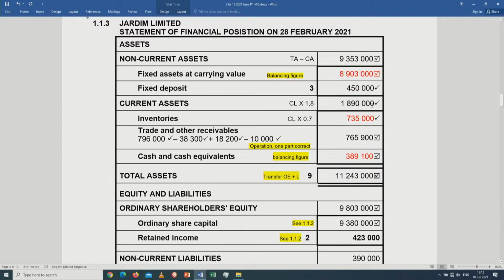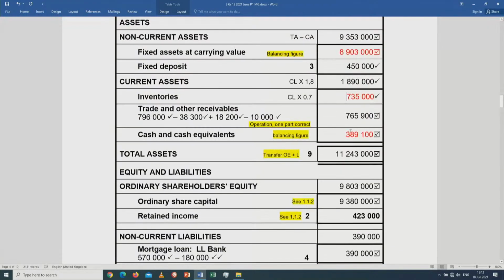This figure is not a method mark, it's an accuracy mark. It must be correct as the memo because the current liability figure was given. All right, after getting this one, Elena is supposed to use the acid test ratio where they must use now the total of a current asset to subtract from that figure of the financial indicator. Remember, acid test is our current asset minus inventory. So whatever that is there on this financial indicator means it's only trade and other receivables plus cash and cash equivalent. So if we take 1.8 minus the ratio of the acid test, we'll be left with 0.7 that represent